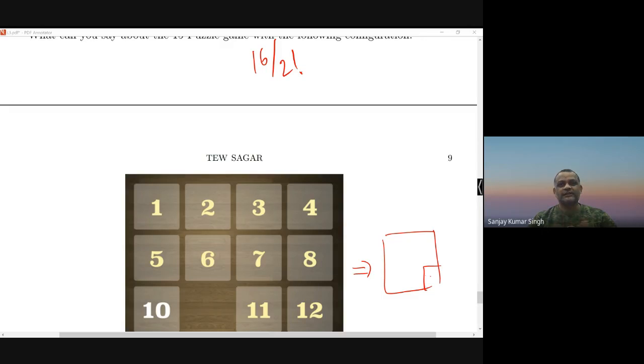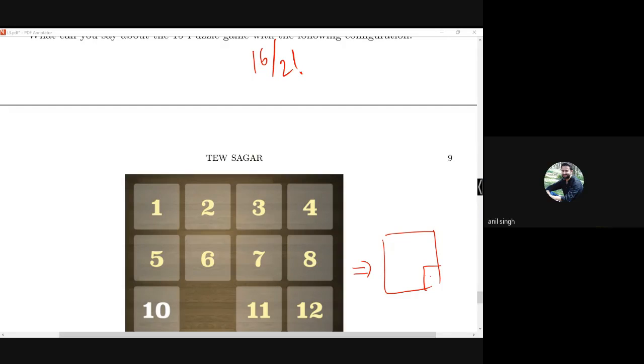Suppose there is an algorithm. Then the next question, because it looks like a computer-type question, is how many steps you need to solve a problem. Suppose the problem can be solved, and whatever problem you get in the market, of course it can be solved. The question is how many minimum steps you take to solve this problem. That is an interesting question, and people are still working on it. You can search, there are a lot of papers on this. Okay. Thank you.